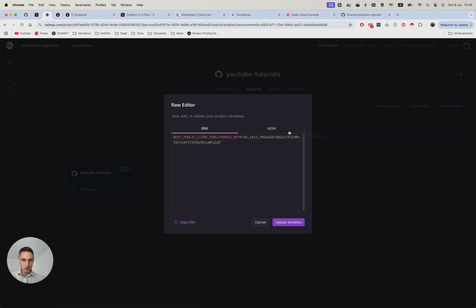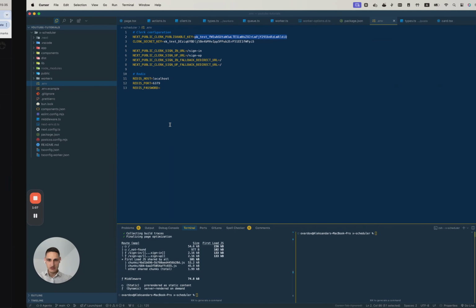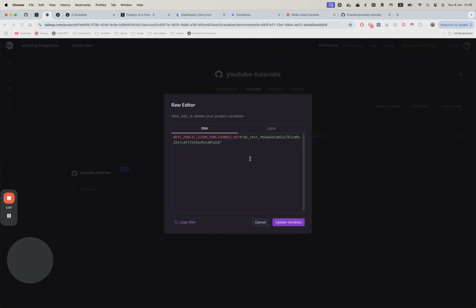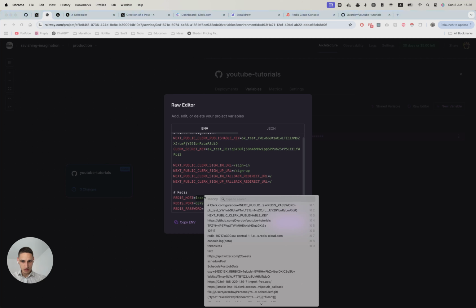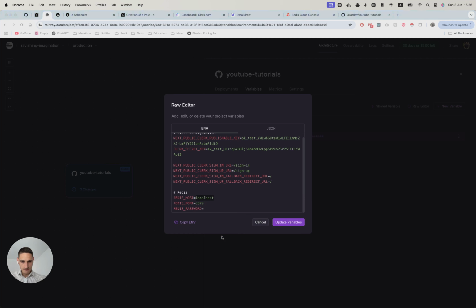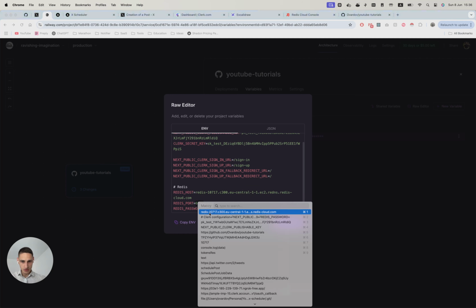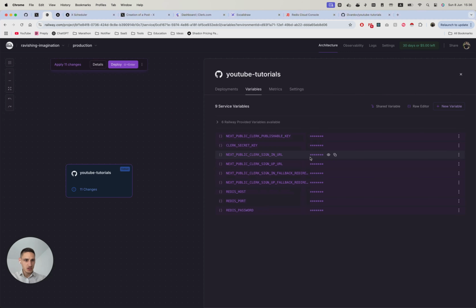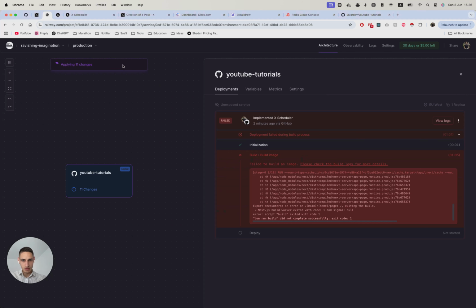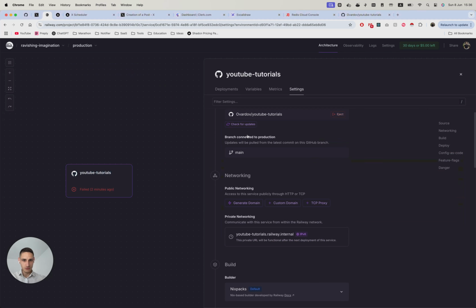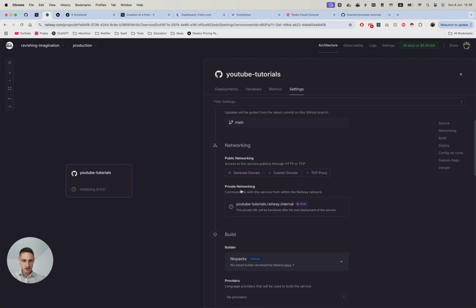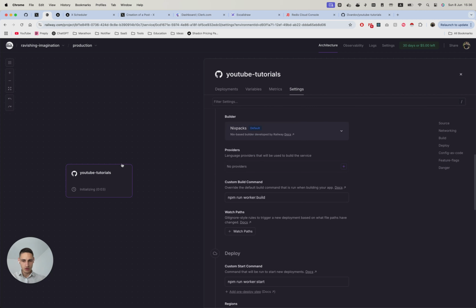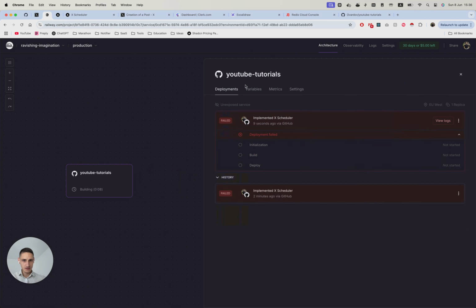So let's see, row editor, it's gonna be env. So if I copy this one and paste it here, so in the Redis host, we're gonna use the previous data, and the port is gonna be this one, and the password is gonna be this one. So if I click on update variables and then click on deploy again, it should start from this command, npm run worker. So if I click on the app and